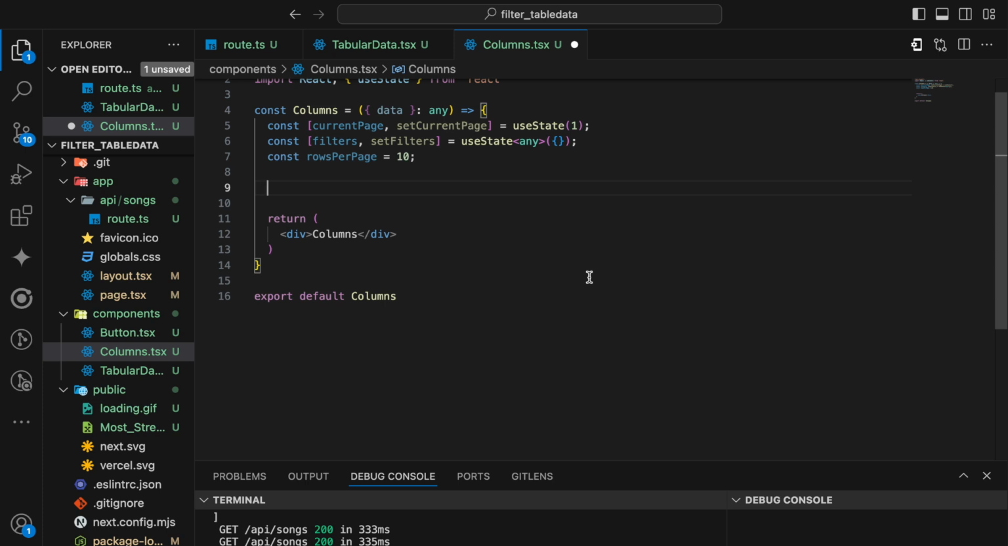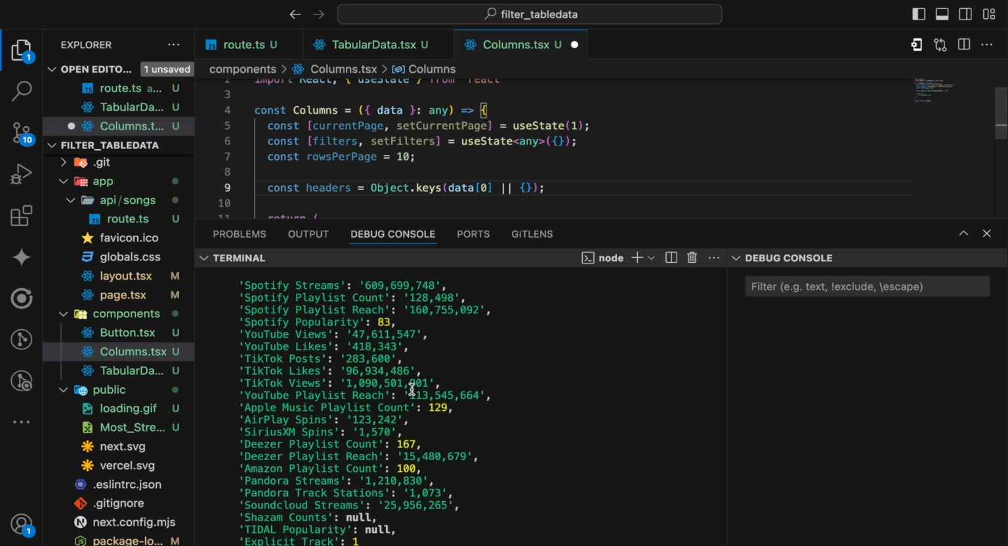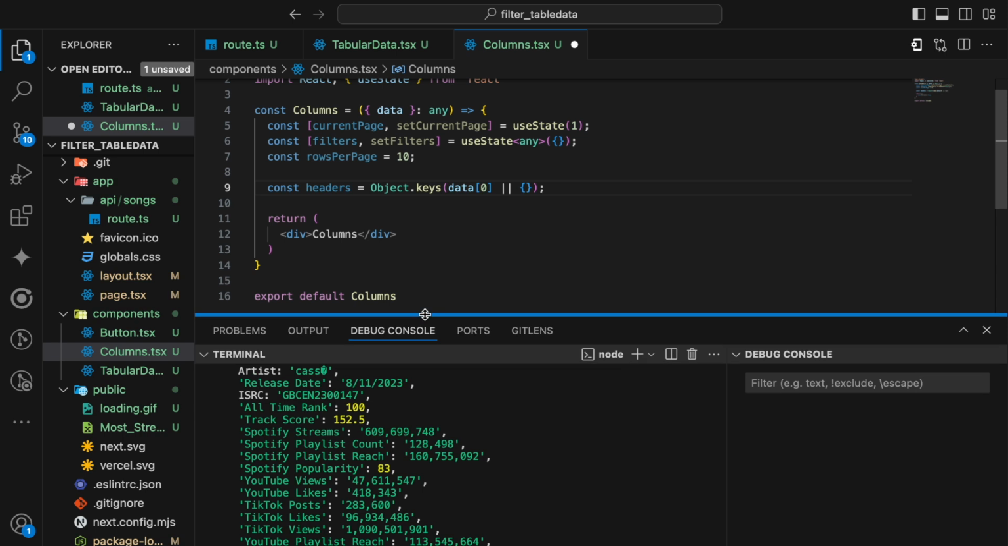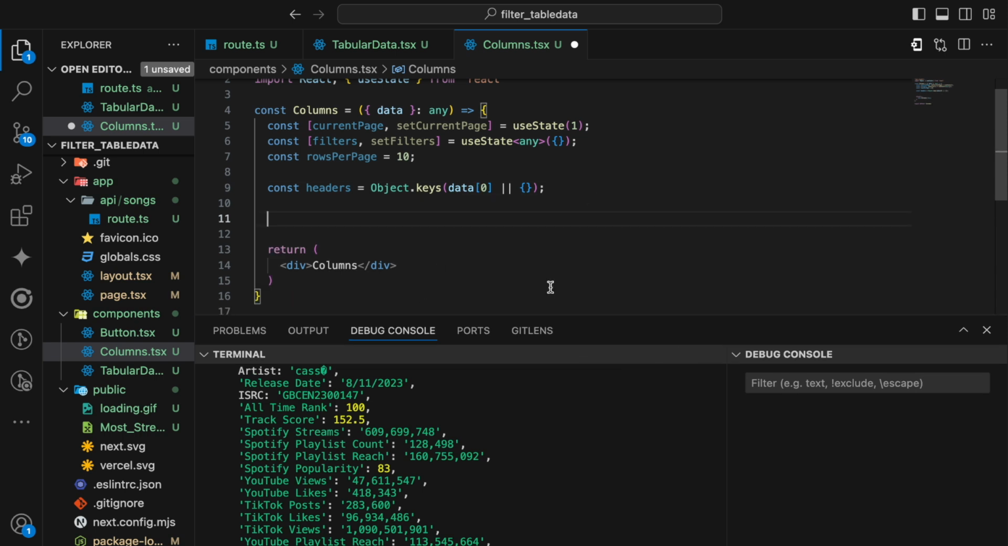Now to create the headers from our JSON data, I want to go through the Object.keys of the 0th data which we have in every JSON field, that is like the track, the album name. So these are the 0th data that we have. So we are going to the keys and we are taking the 0th data as our headers. Next, to add filters,